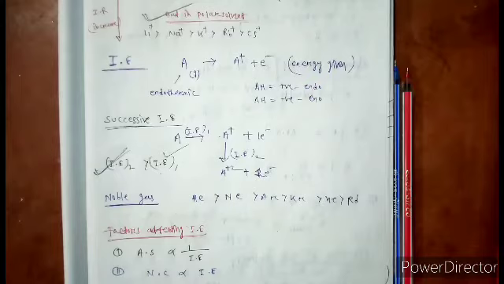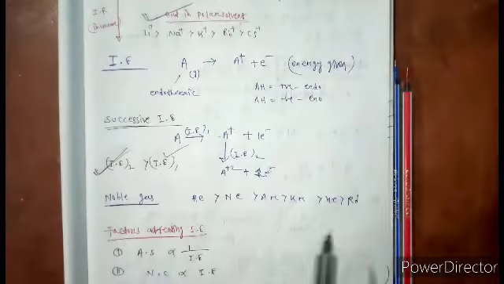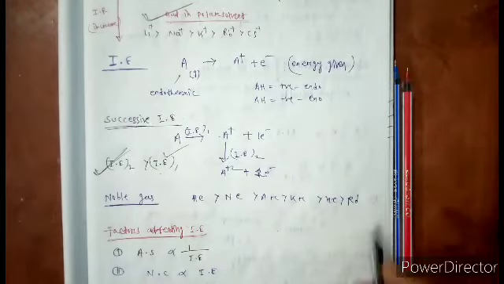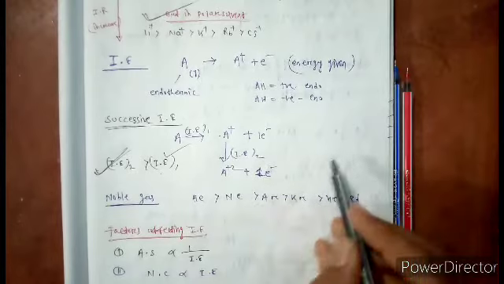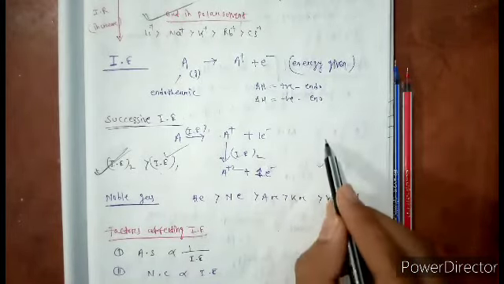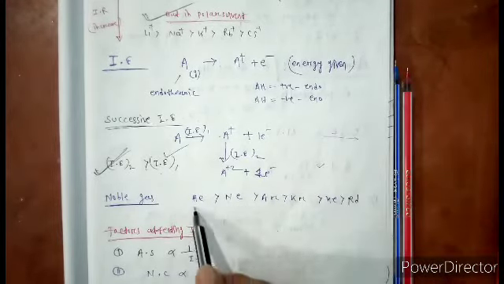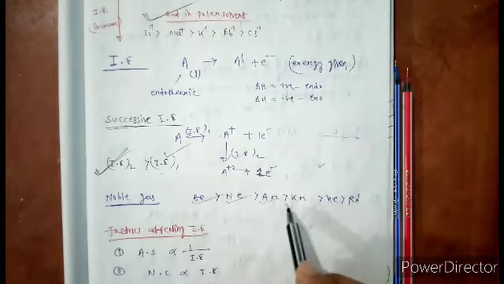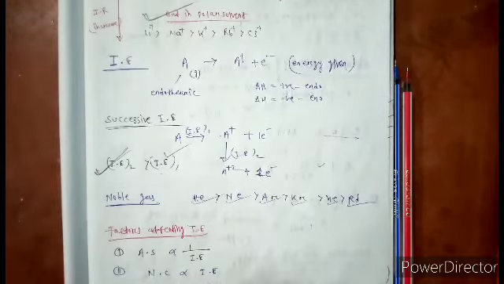We also know how to remember this group: Hina, Nina or Karina ki xerox copy hai Rina. So we know that the ionization energy decreases down the group, but increases along the period. So helium is more than neon, neon is more than argon, argon is more than krypton, krypton is more than xenon, xenon is more than radon.